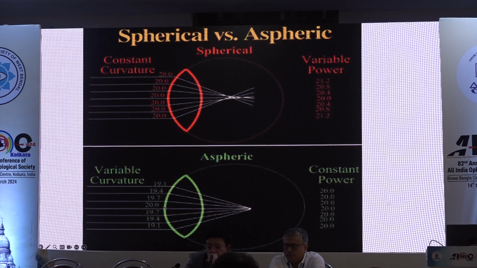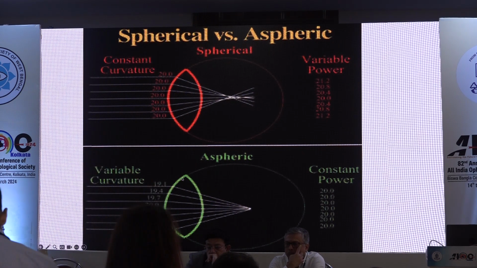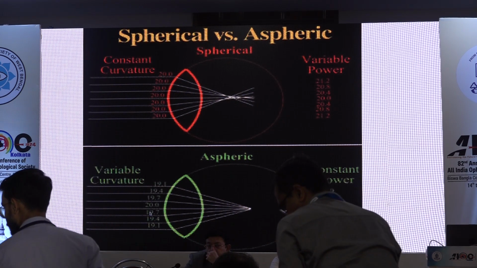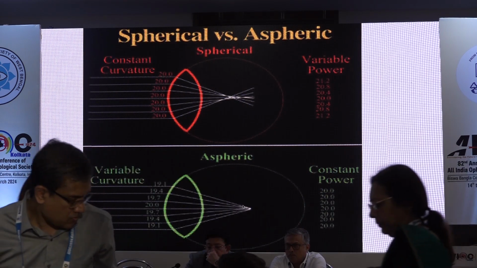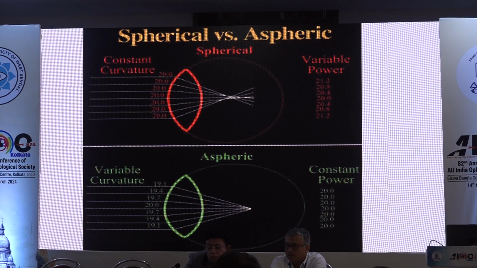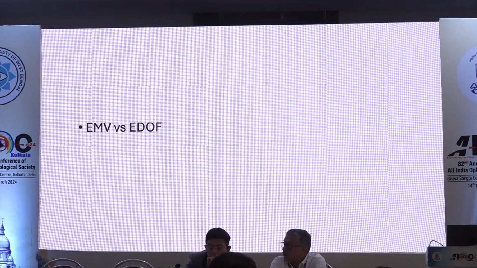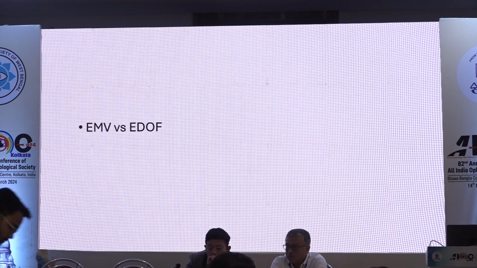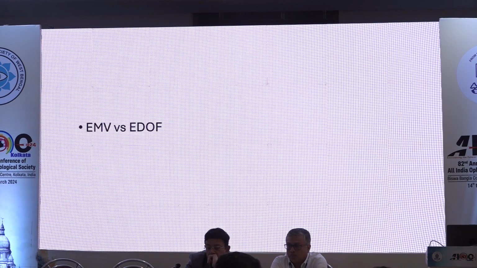But what is aspheric? To make a sharp focus, the power changes in the periphery. If it is 20 in the center, it is 19.1 in the periphery. This is the beauty of the aspheric lens, and it has been standard practice for quite some time. All EMV lenses are mixing sphericity and asphericity in the central part of the region,